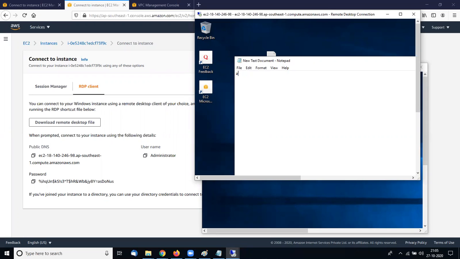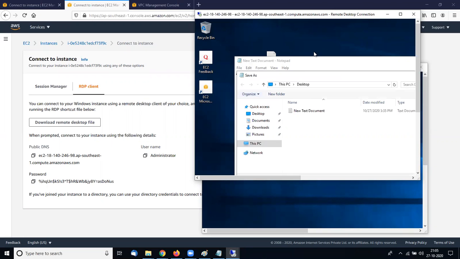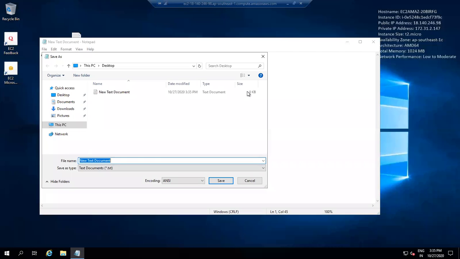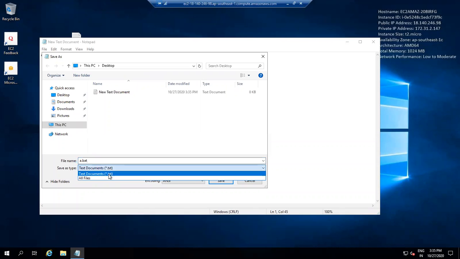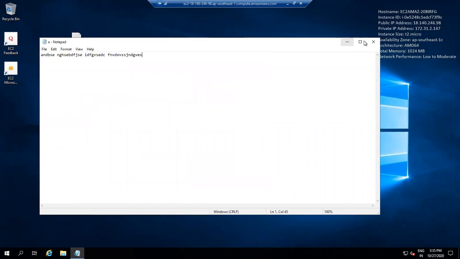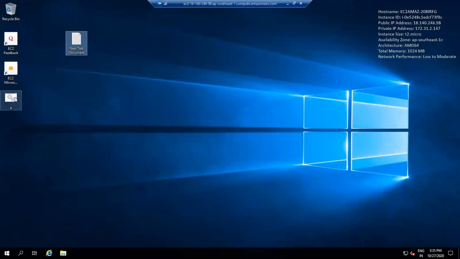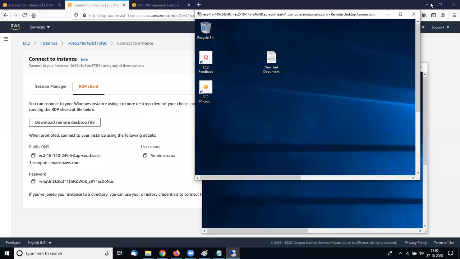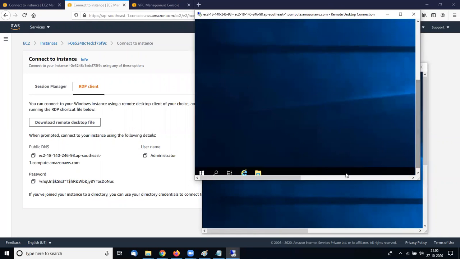So I am typing anything in this file, and save as a dot bat, save as all types. That means my background file is created on both servers.